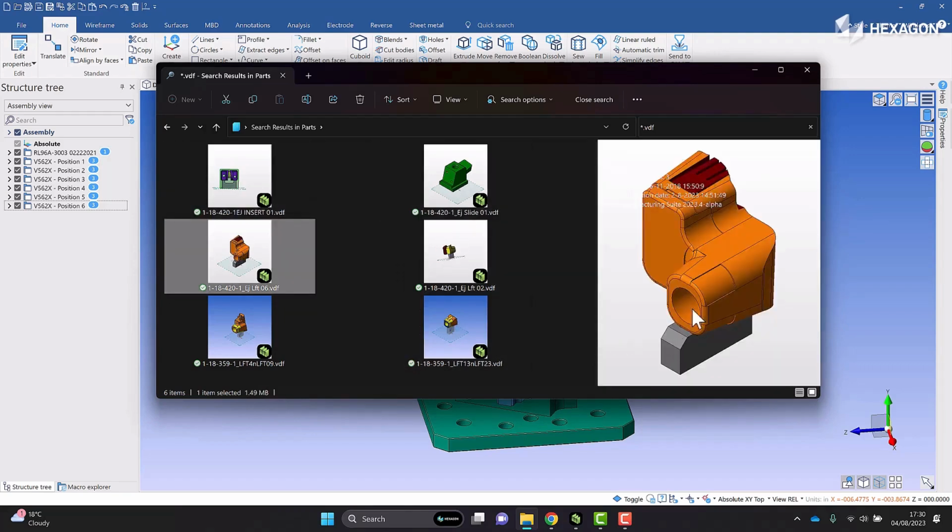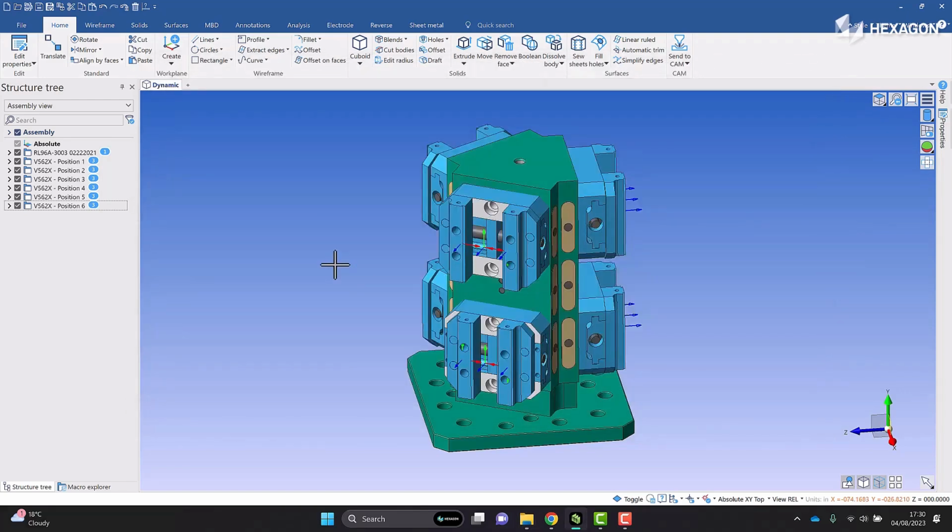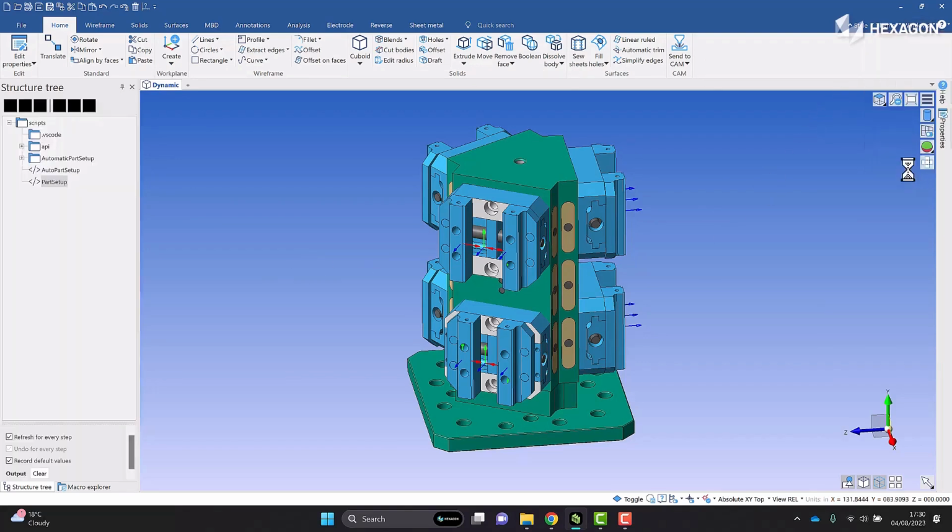Okay, so we need to fill some holes, we need to create a stock model, and we need to create a relevant work plane for each. So I'm going to use the automation tools available in Designer to enable me to do this with as few steps as possible. I'm going to start by launching the Macro Explorer, and you'll see that I have 2